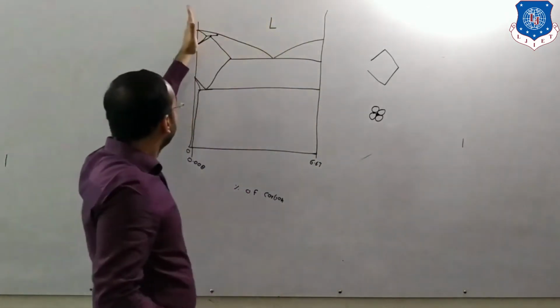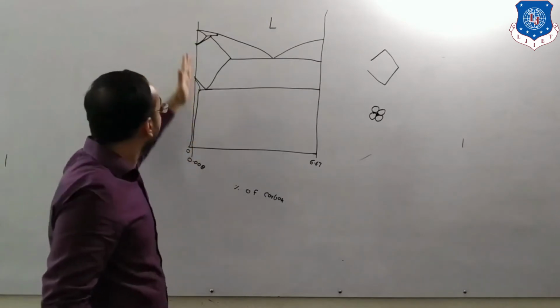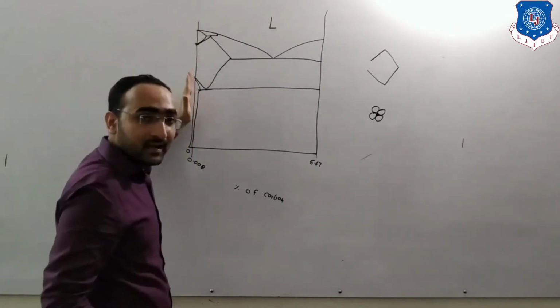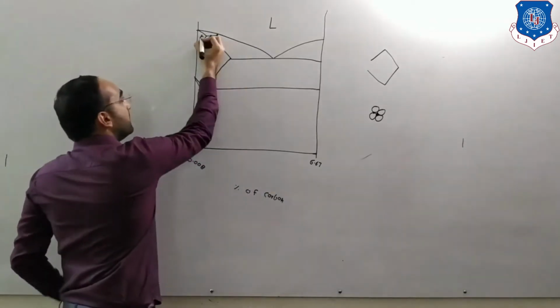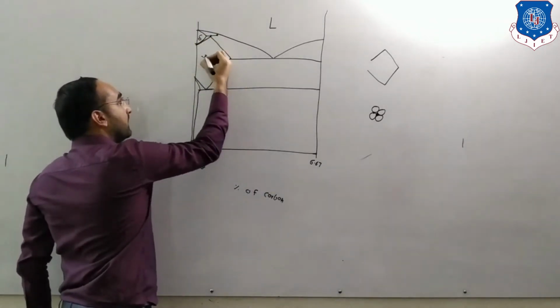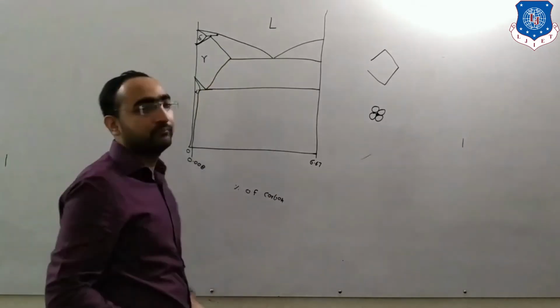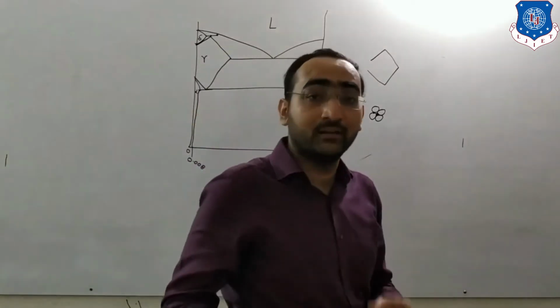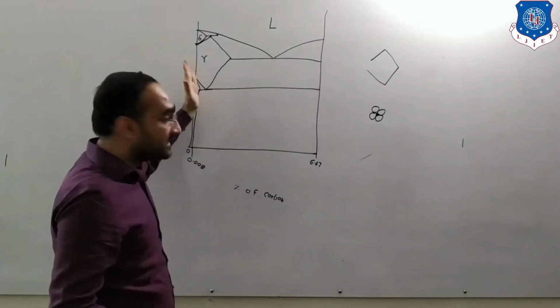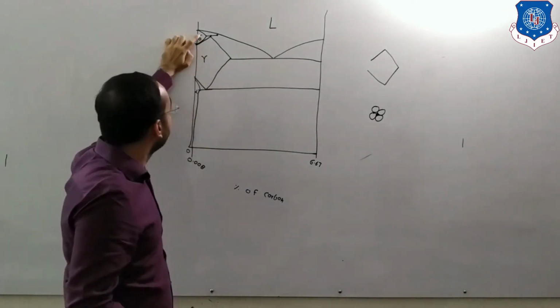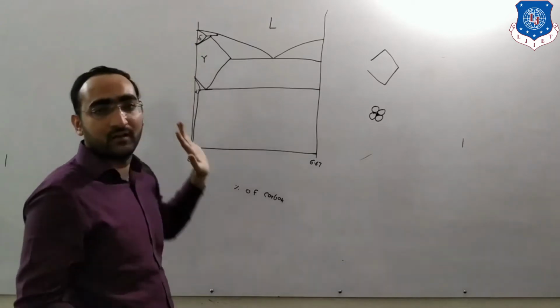And after that, follow this line. After that, follow the 0% line, and the areas beside that we have to note down. That is delta, gamma, alpha. You have to keep these 3 in mind. That is the line nearer to the 0% carbon. Besides that, there are 3 regions: delta region, gamma region, alpha region.